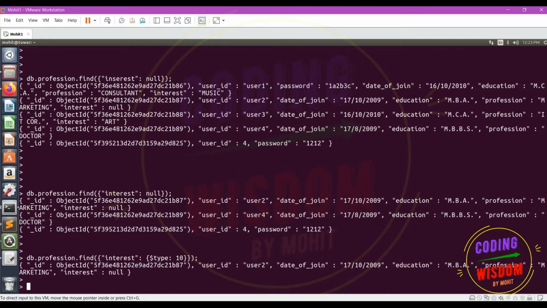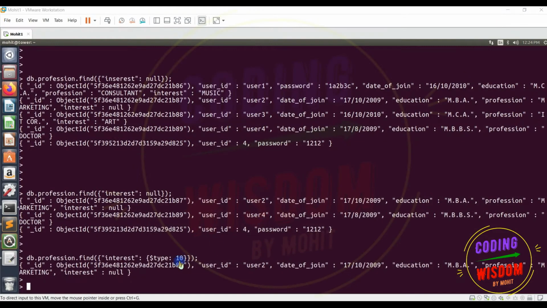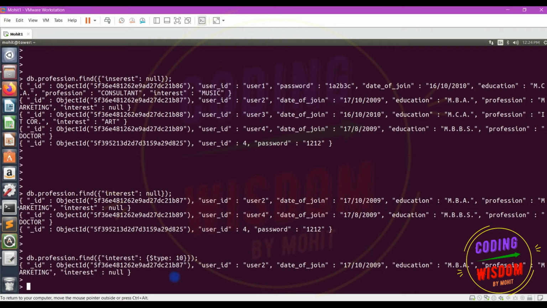Now the third one. Third is existence. So now I'm going to use the syntax for this one. Interest is same. So interest, $exists, false, in lowercase.